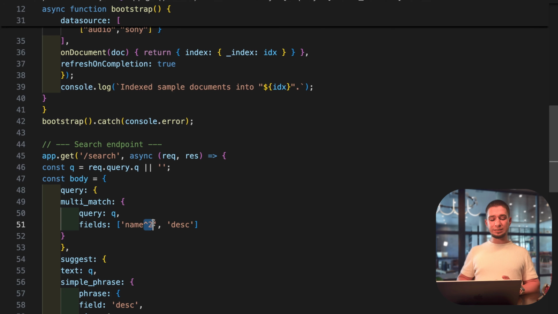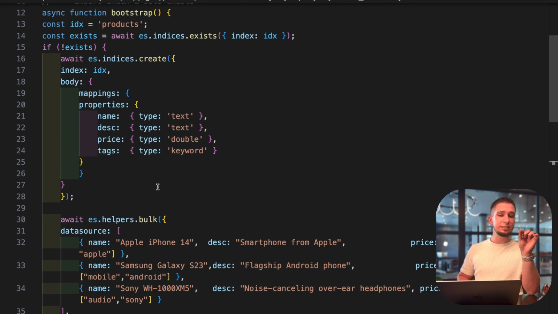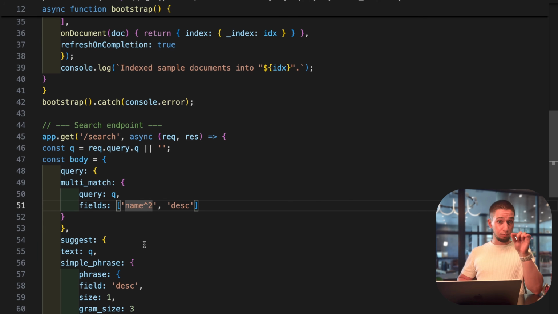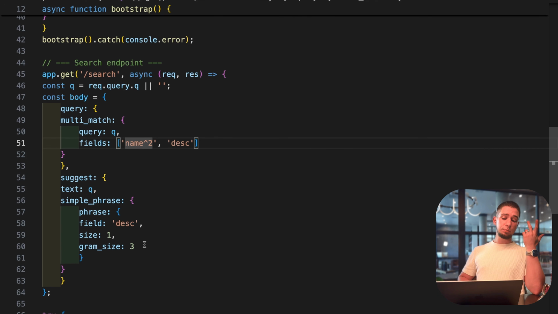What does this thing mean? It means that it's 2 times more valuable than description. So it will firstly show us the matches in titles, because it's more important for us. And it will be the basic that you will be using in this.